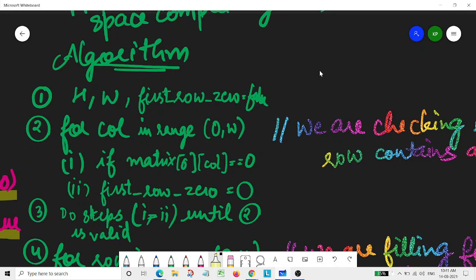And for the part about which row is 0, we will be doing the same as what we were doing in our previous algorithm. So this is the only change which we are doing in this algorithm.